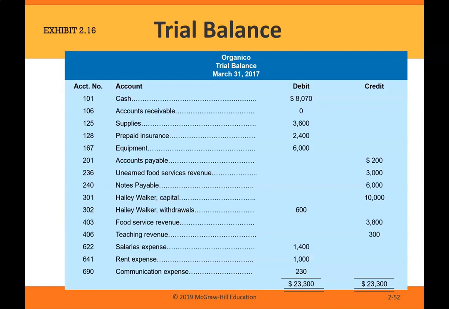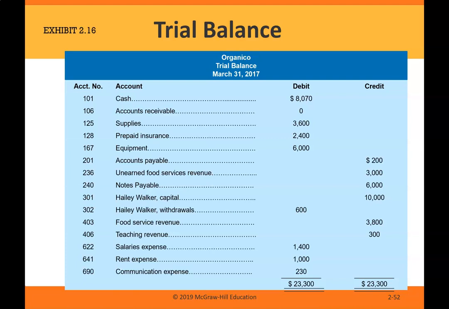Here is an example of the trial balance for Organico, March 31st, 2017. We take all of the account balances from the T accounts and we transfer the balance to the trial balance. So cash debit 8,070, accounts receivable debit 0, supplies debit 3,600, prepaid insurance debit 2,400, equipment debit 6,000, accounts